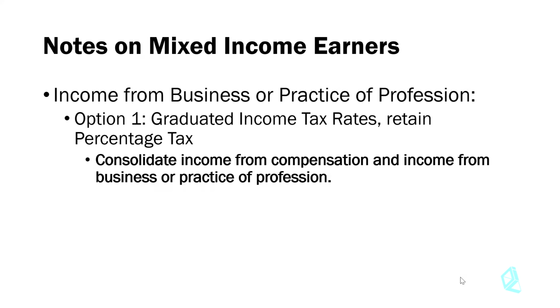So in this case, you simply have to consolidate or add the amounts that you earn from your employer as salaries plus the earnings from your business. So you consolidate the income from compensation and income from the business or practice of professions. And this would be covered by